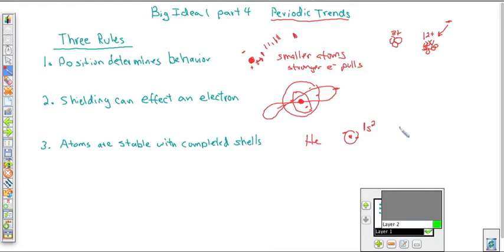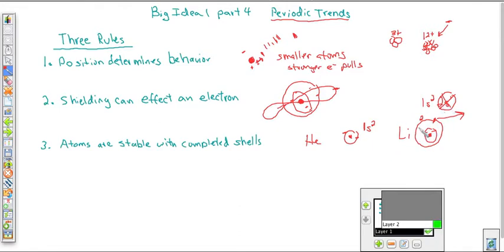So if you take the next one, lithium, well, lithium has that completed shell, and it also has 1 more electron in the next shell, in energy level number 2. So it has a 1s with those 2 in that completed shell, and then the next shell, which is 2s, has just 1. So lithium is going to be anxious to get rid of this so that it can have this completed subshell. And after this, the second shell is going to take